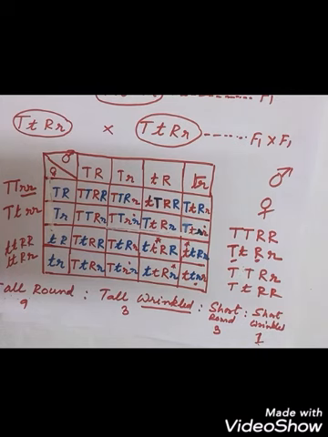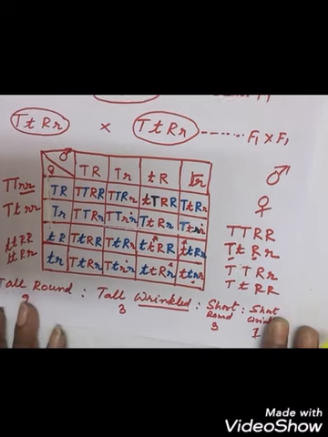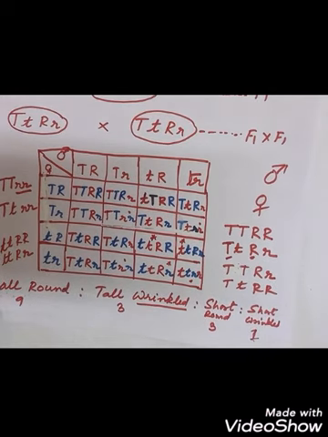This also exists in nature. It is not that Mendel's law will be followed by all the organisms or all the plants. Different organisms will follow different characteristic patterns, which are the exceptions of Mendel's law. But when Mendel's law is followed, you have to see whether the plant is following this ratio or not. So this is a dihybrid one where we are taking two pairs of characters. So this is 9:3:3:1. What about the monohybrid ratio?